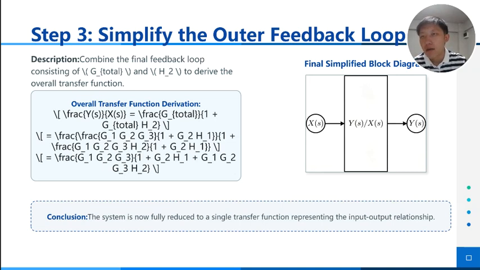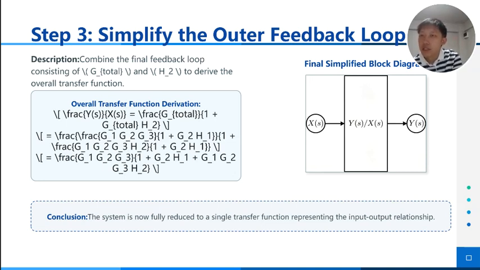Description: combine the final feedback loop consisting of G total and H2 to derive the overall transfer function. Overall transfer function derivation: Y(s)/X(s) is G total divided by 1 plus G total multiplied by H2